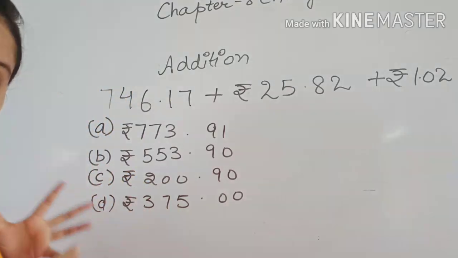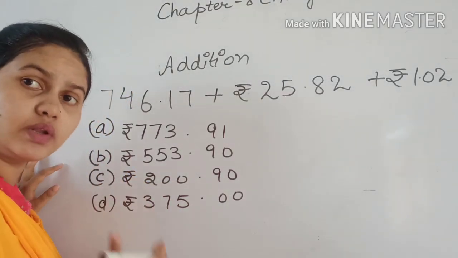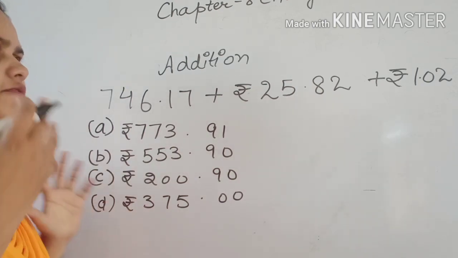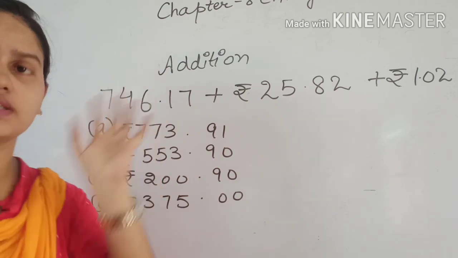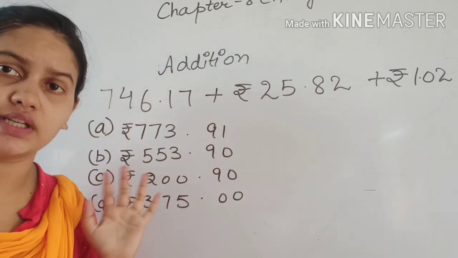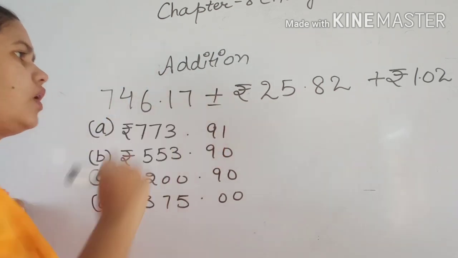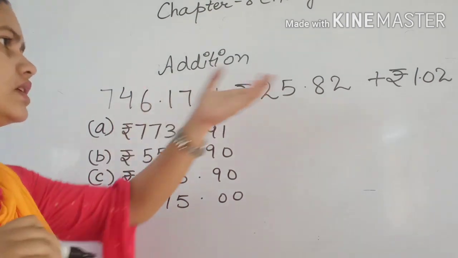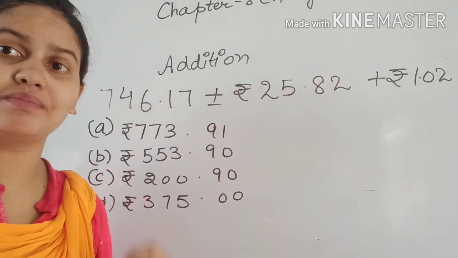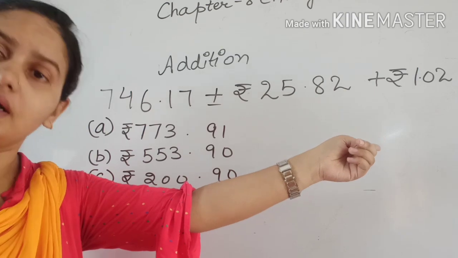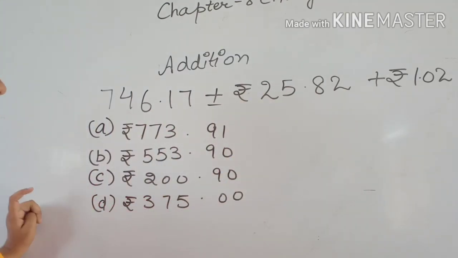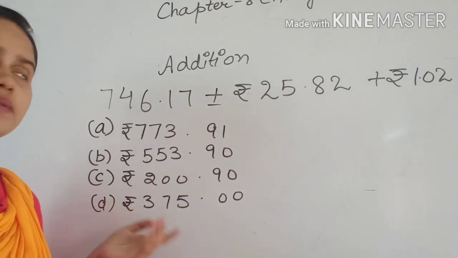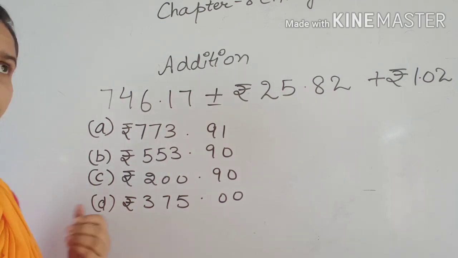Okay. Now we have another example of our addition. Right, in the first step we have seen that some equations are given to us and the addition is written above. So we have to do the addition. But when these signs are already given to us, here is plus, the other one is one more plus, that means we have to add these 3 digits. Okay. So the answers will be given to us like this. So which one is our correct answer?